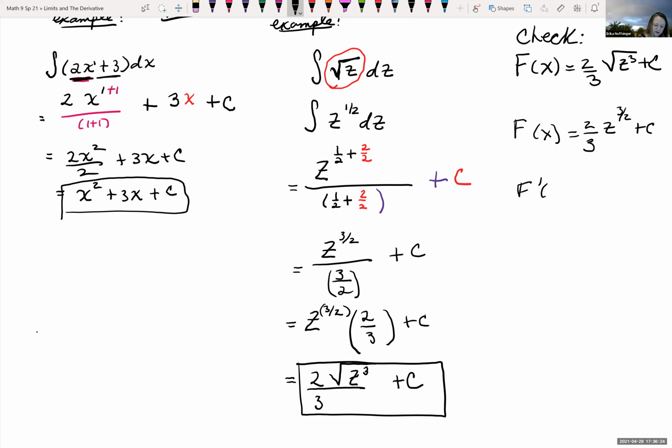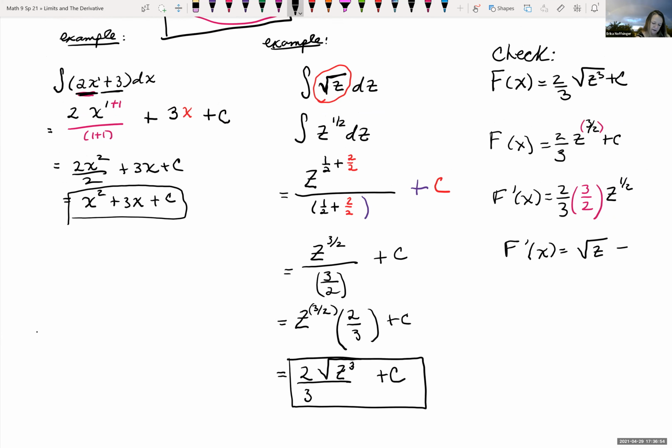Now taking the derivative, we have that 2/3, bring down our exponent of 3/2, subtract 1 from that exponent. 3/2 minus 2/2 is 1/2. The derivative of a constant is 0. 2/3 times 3/2 cancels, and z to the 1/2 can be rewritten as the square root of z,